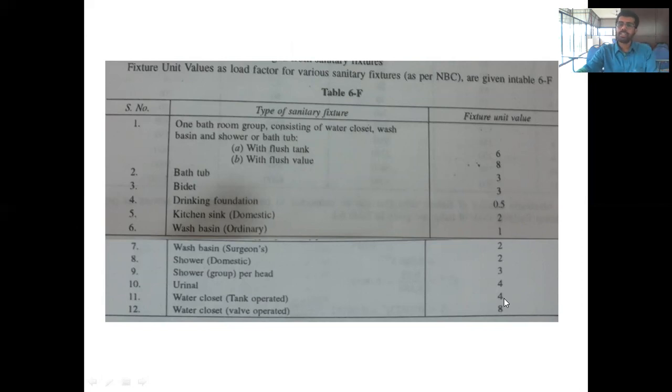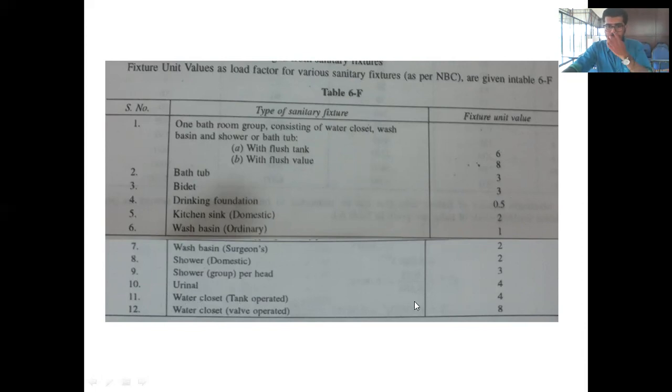Correct? If you are using half flow, you have to double the fixture unit. If it is a full flow, you can give this 4 itself. If you are giving the half flow pipe, you have to double the fixture unit. If this water closet is 4, you have to write it as 8, because of the half flow. You are considering that the water flows through that pipe at half way. So for the water closet, you just write